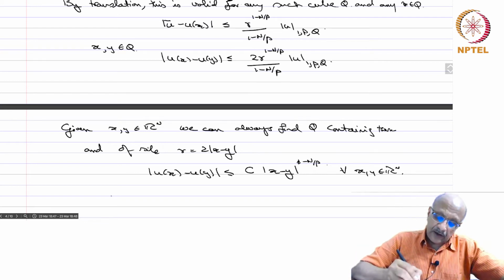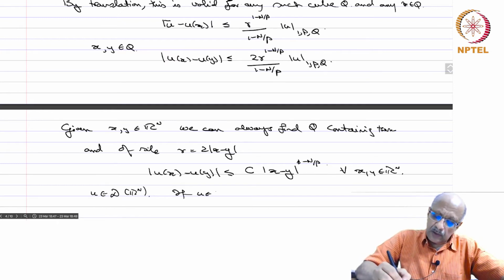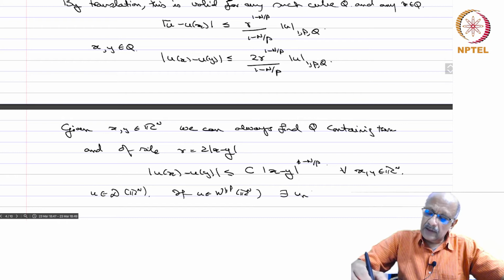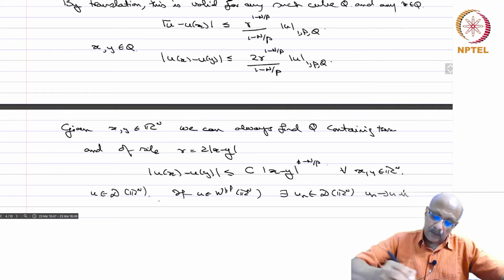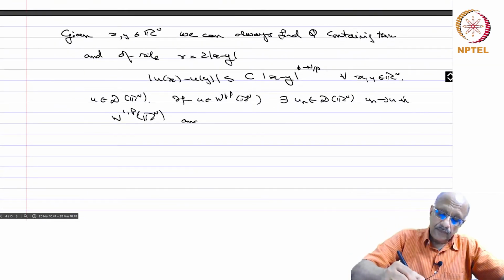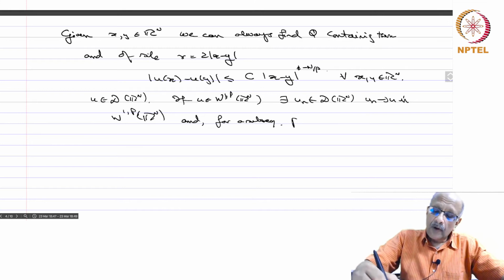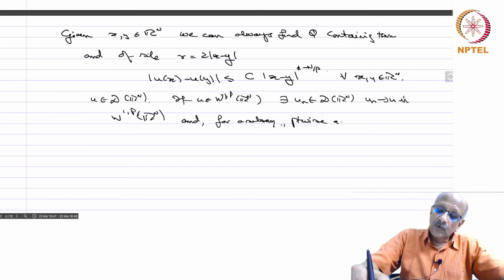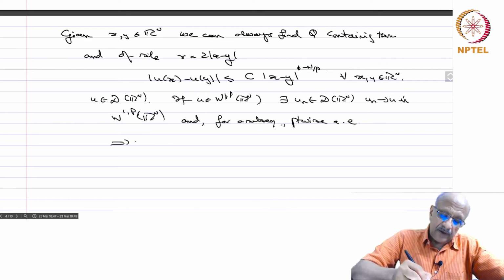So this is for u in D(Rn). If u belongs to W^{1,p}(Rn), then there exists u_n in D(Rn) such that u_n converges to u in W^{1,p}(Rn), and for a subsequence, pointwise almost everywhere. So then that will imply, for all u in W^{1,p}(Rn),